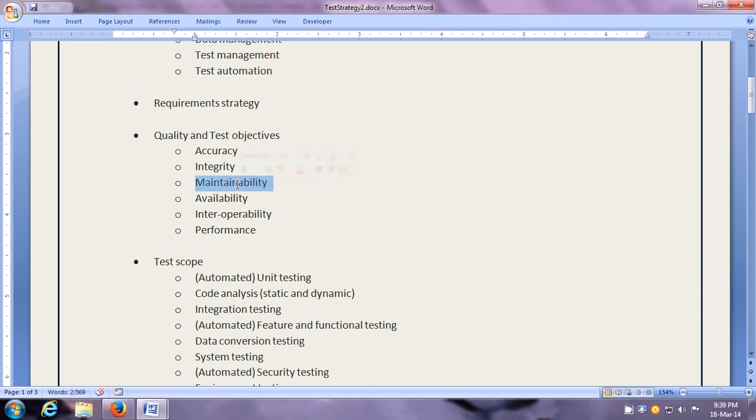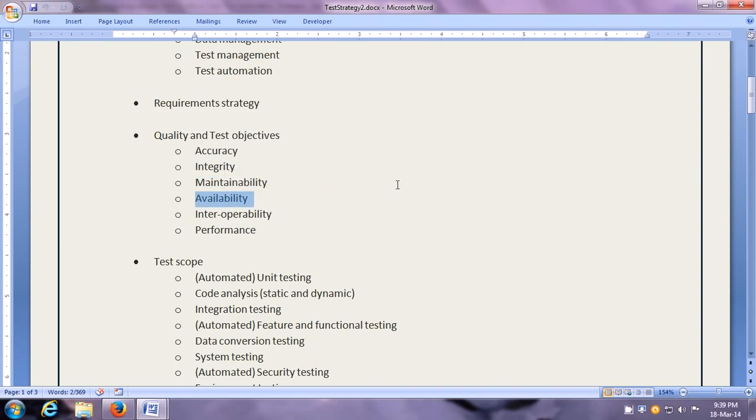Then the next quality and test objective can be maintainability. Maintainability of the system means that it is easy to add features and it is easy to fix the defects. Here the target can be that the code complexity should be less than a particular value, then unit test coverage should be a very high percentage, and similarly we can put the priority also.